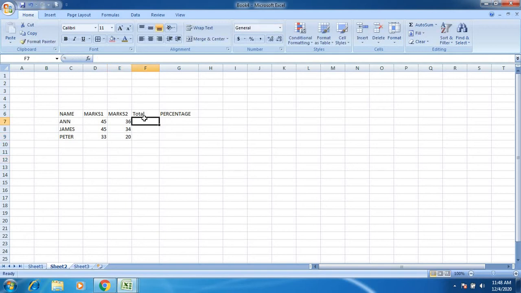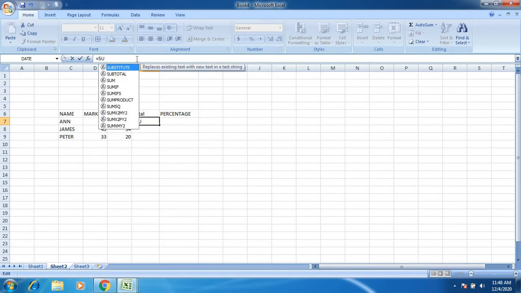I want to calculate the total. How to calculate the total? By using this formula bar. You have to select the cell where you want to display the total and write the equal to sign, and then select what you want to do. You want to calculate the sum. Which rows do you want to calculate the sum for? You have to select those rows.